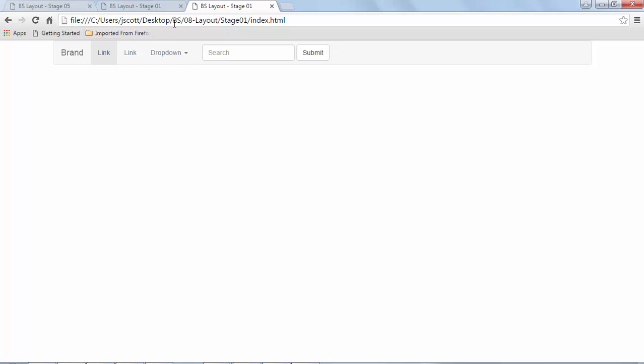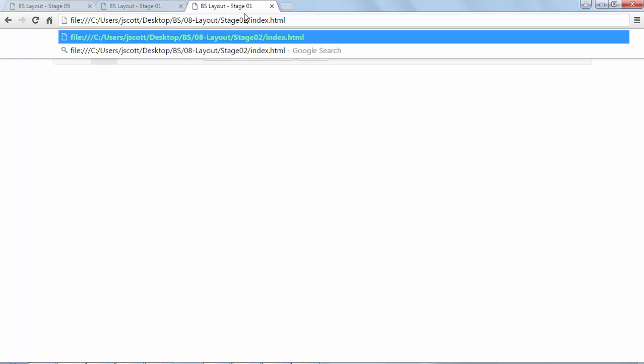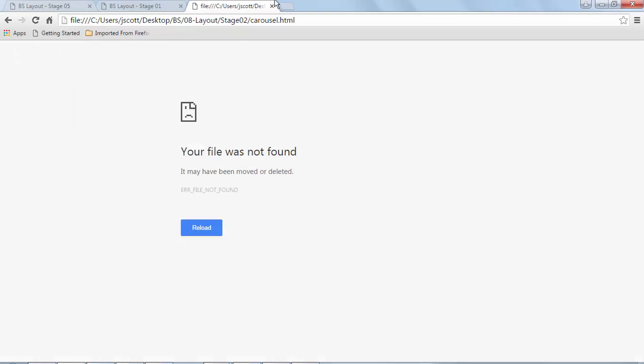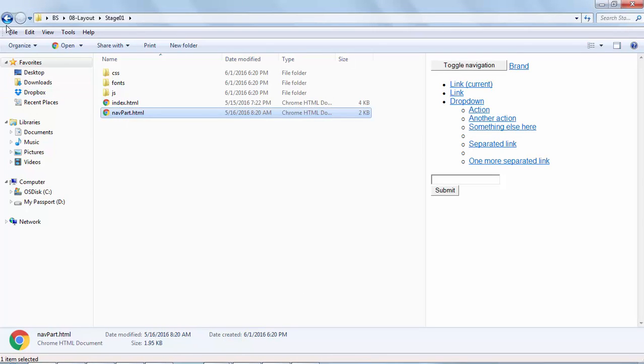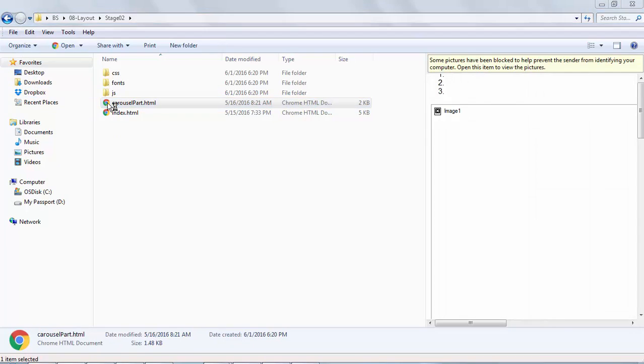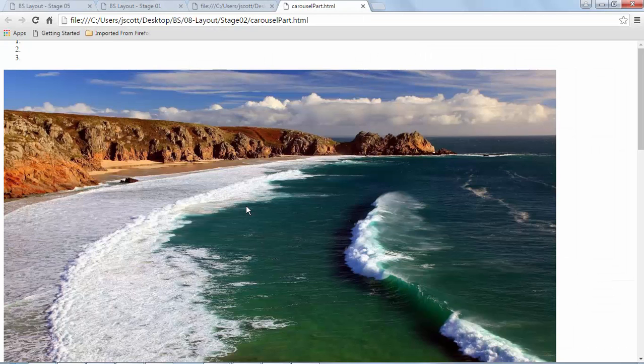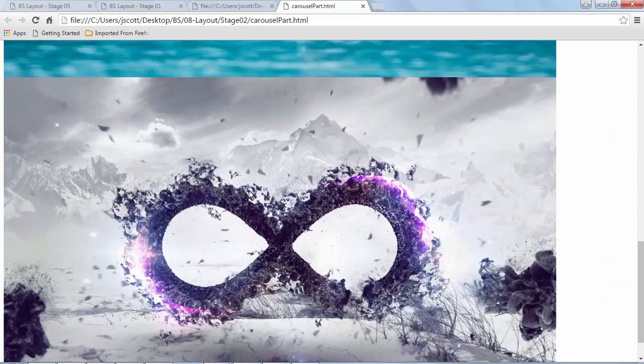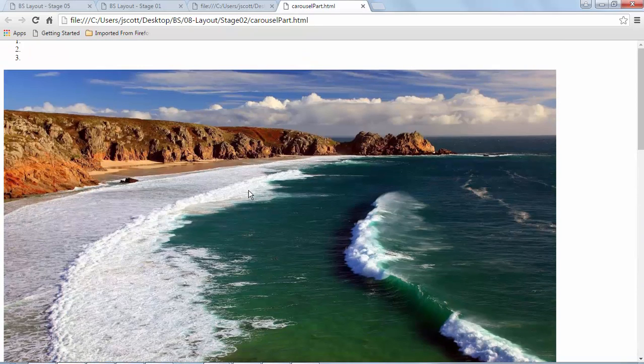In much the same way, if I go to stage 2, and I bring in, I think it's carousel.html. I hope it is. It's not, of course. All right, let's go find it. It's carousel part. Okay. You can see what this looks like. It looks pretty much the same, but the pictures are just one after the other, and there's our 1, 2, 3. So again, once we come in here and we style these,